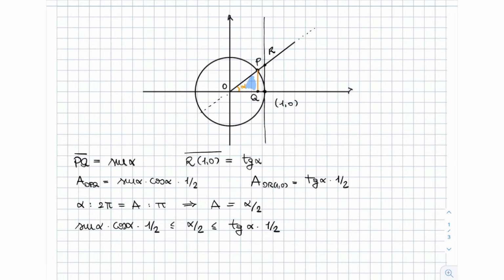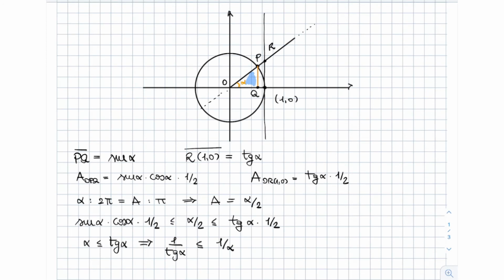We can multiply everything by 2 to eliminate the denominators, and then as everything is positive, we can turn these inequalities the other way around, by which I mean, as we have alpha smaller or equal than tangent of alpha, this implies that 1 over tangent of alpha is smaller or equal than 1 over alpha,